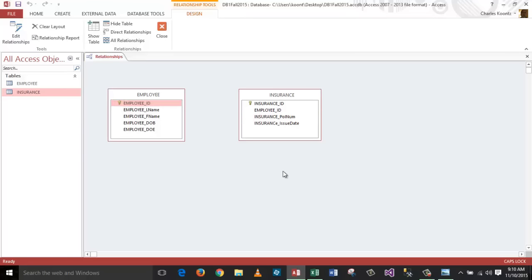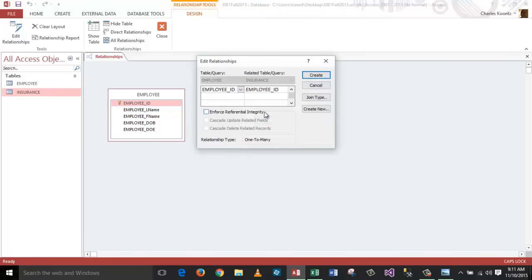So if you put the employee record away, come over and pull out any record from the insurance table, and then ask yourself how many employees does that relate to? The answer would be 1. So a policy will relate back to one and only one employee. All right, so we have a need to create a one-to-many relationship. So how do we do it? In the relationship diagram, you have to determine which one's the parent table, go to the parent table and drag and drop the parent table's primary key field onto the child table's foreign key field,